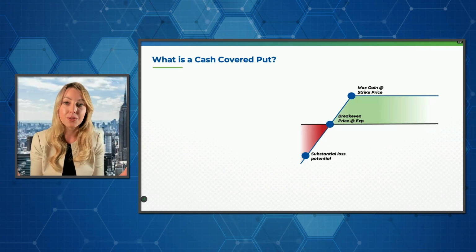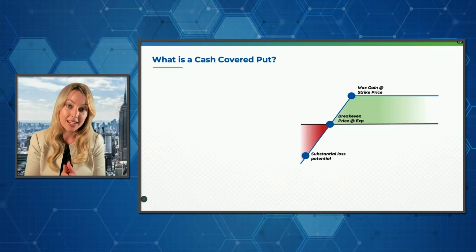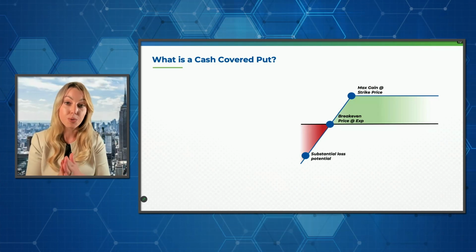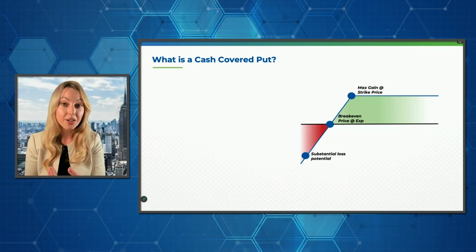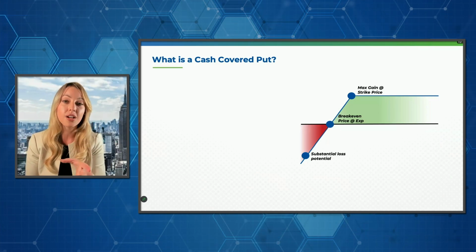I know you wanted to go through sort of a theoretical example. How does this actually look? Talk us through the cash covered put. Yeah, so a cash secured put has the same risk potential as a stock. Remember, the most that we can lose is the amount that we spend. It is bullish because we want the security to go up in value. And again, that risk is just the obligation.